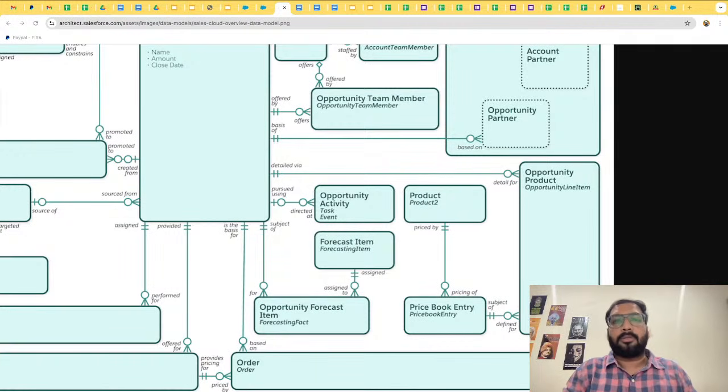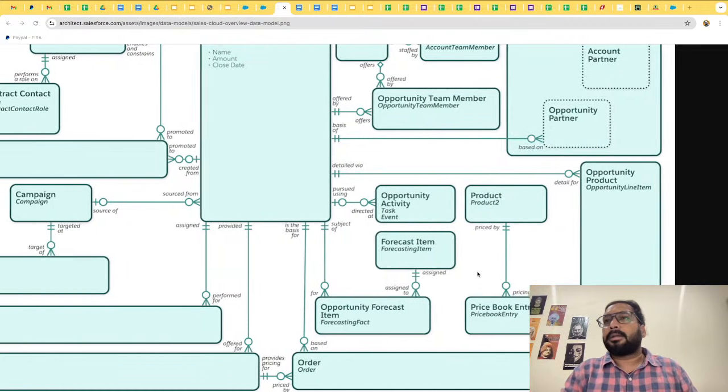These are also very important. The product object stores all the products we will be using for Sales Cloud. Then price book entry, where you enter prices for different products. In one Sales Cloud you can have multiple price books, and based on the need, you can use them.